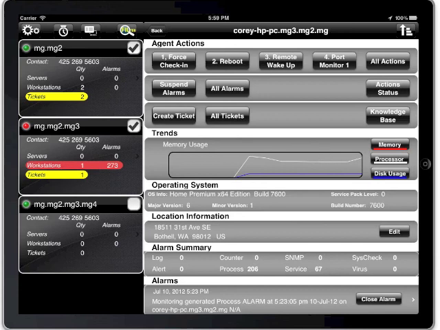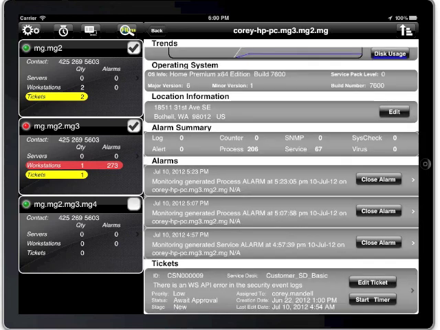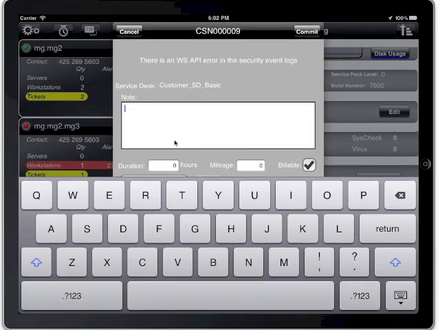Now the next most powerful feature associated with mgMobile is the integration into Service Desk. Here you can see the open tickets associated with the machine. I can start and stop timers as I was doing work in my earlier scenario. So while I was diagnosing, running agent procedures, I would start and stop the timer as I was doing active work. When I was done with the work and went to edit the ticket activity to see what we did, which was ran diagnostics and reboot the machine,